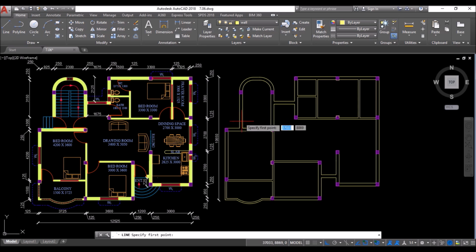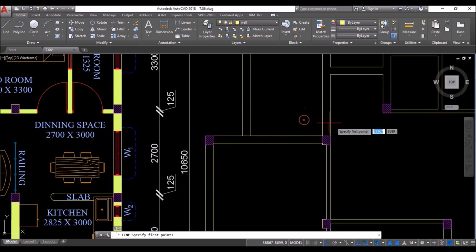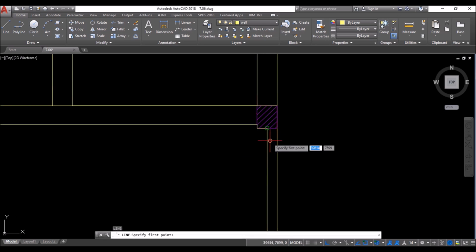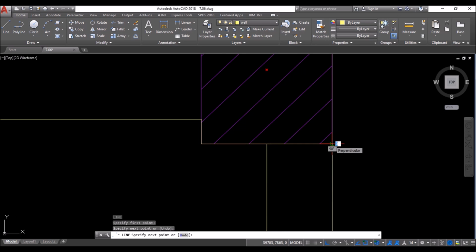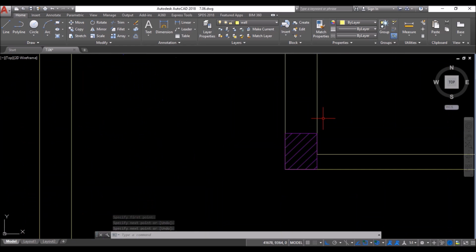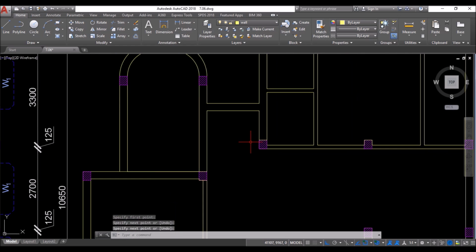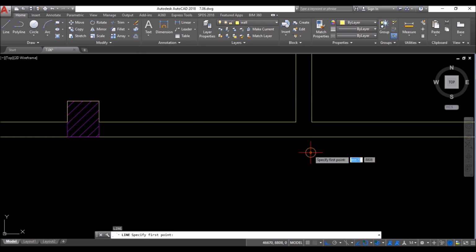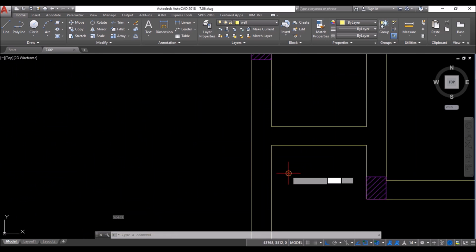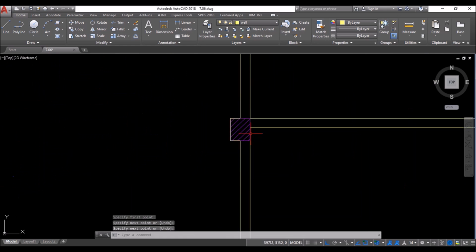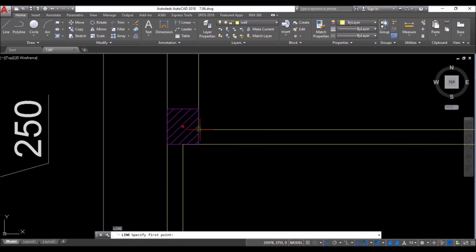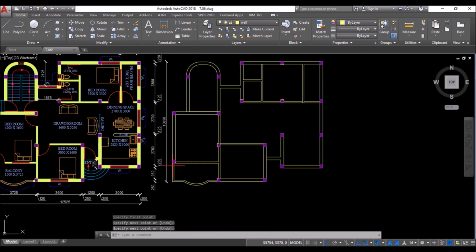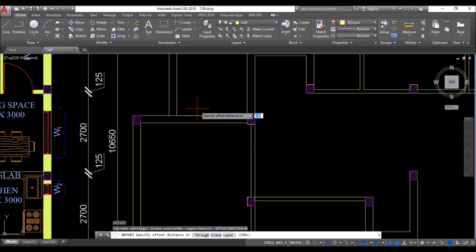Now click on line tool and draw a few lines for making the door cutouts as shown. Then type O and press enter to offset.